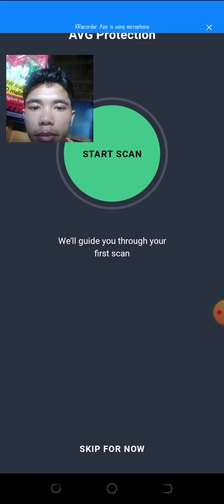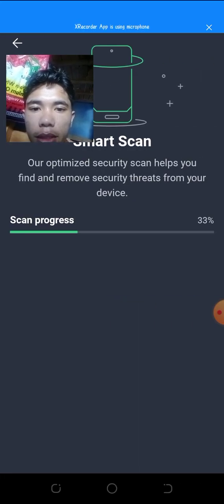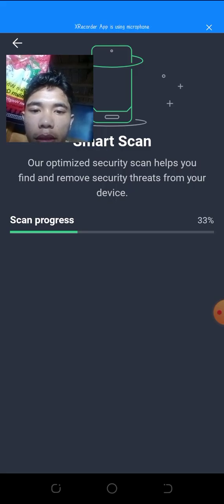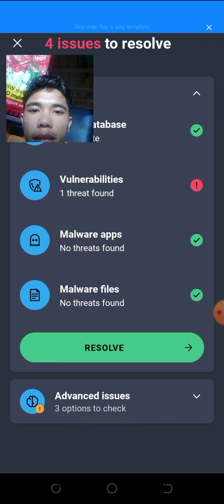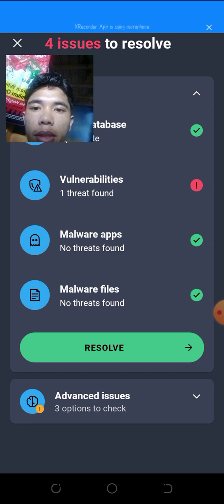Step 2 is after you click scan now, you can see the smart scan progress, and it is already in progress, scanning all of the files in your device. Next, after the scan process goes to 100%, it will display all the issues in your